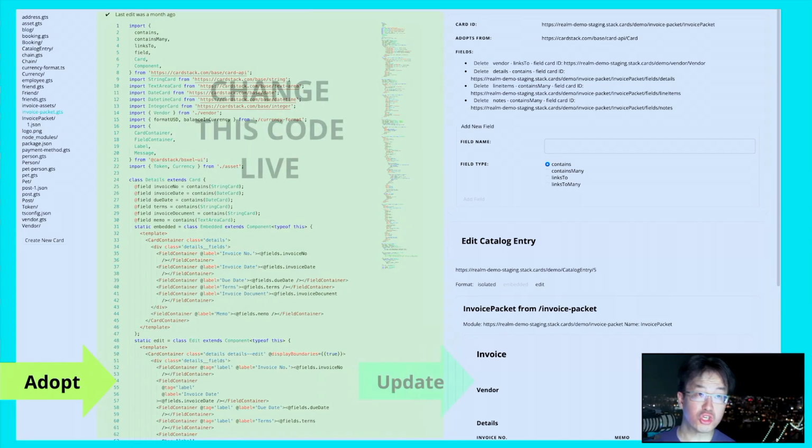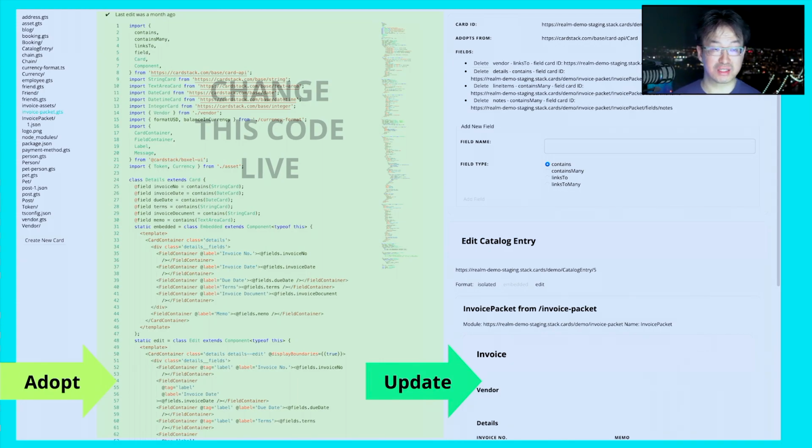And this code, when you change it, immediately live updates the templates. So the templates here are essentially being bound together. And that is the main difference of Boxel compared to other kinds of software deployment environments. It's a real-time engine where the code lives on this platform, versus requiring you to think about servers and host names and deployments and databases. This definition of the code gives you the entirety of everything you need to run it. You don't need any external services.